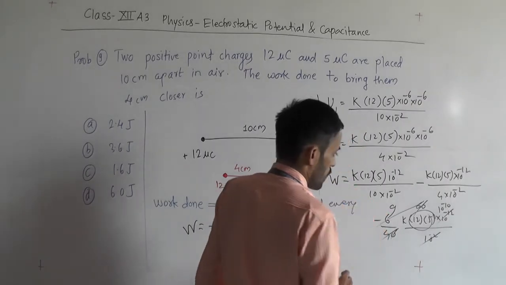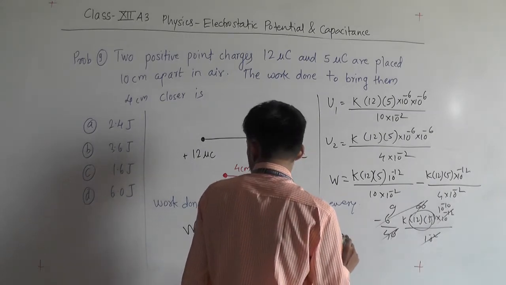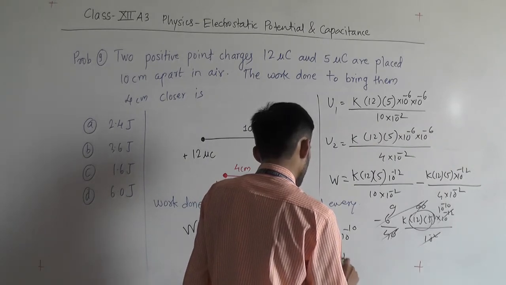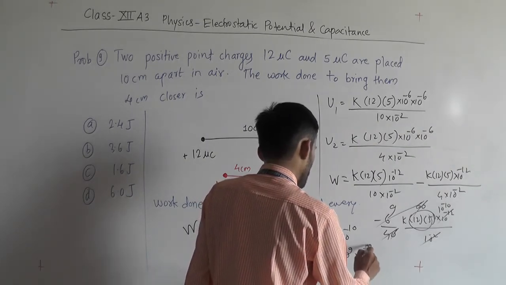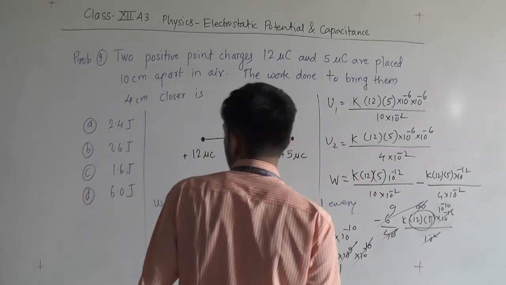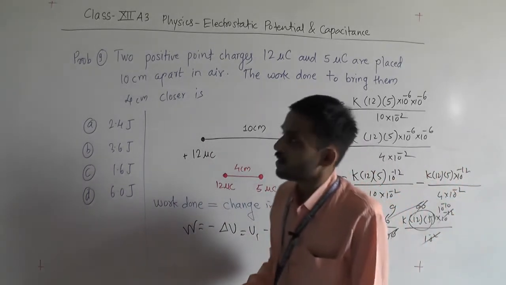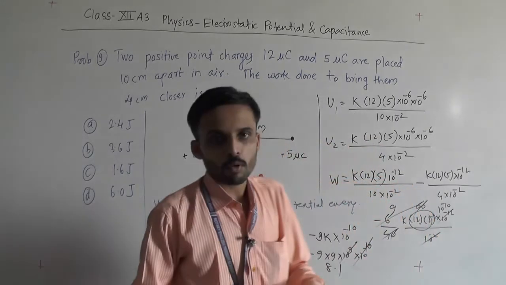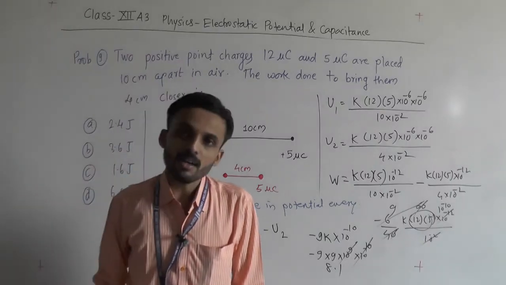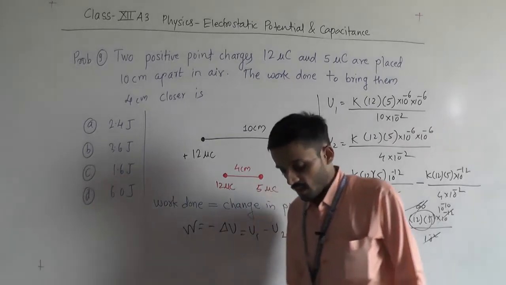कितना आ रहा है? 9 minus 9K इंटू 10 raised to minus 10, तो K कितना है? 9 इंटू 10 raised to minus 10, तो minus 10 9 minus 1 हो गया, सो 8.1 आएगा. To check the calculation, mine is coming 8.1, but already I know that you have been provided with the data, so I will suggest you to solve this problem and get the answer. आंसर तो आपको ऑप्शन दिया है, आंसर थोड़ा सा इसको निकाल के देख लीजिए.